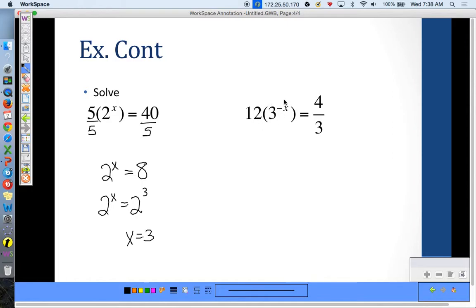All right, so we've got to get that exponent by itself. So divide by 12. This one's a little messy. Some of you may remember that when you divide fractions, you keep the numerator and you multiply by the reciprocal. Another way of looking at this